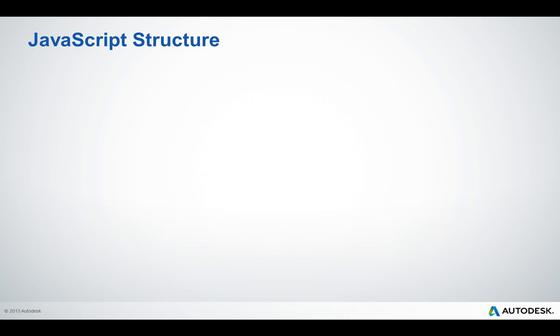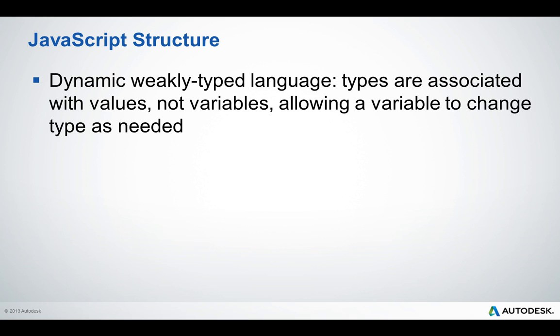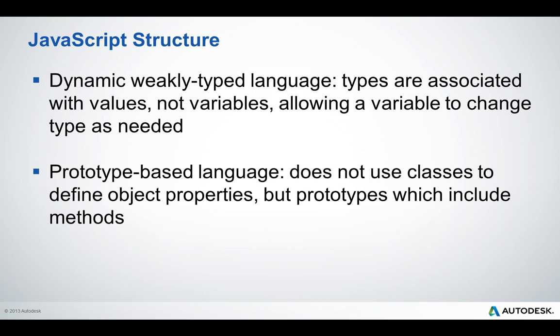So a few words about the JavaScript structure. This is a dynamic weakly typed language. That means that the types are associated with values and not variables, allowing a variable to change type as needed. It's as well a prototype-based language, which means that it doesn't use classes to define object properties, but prototypes, which